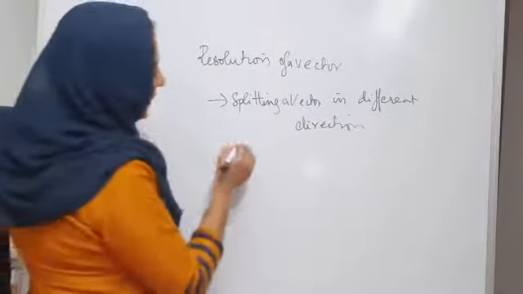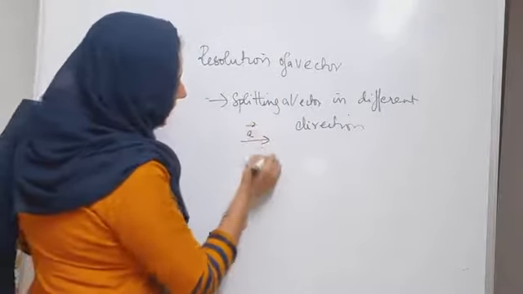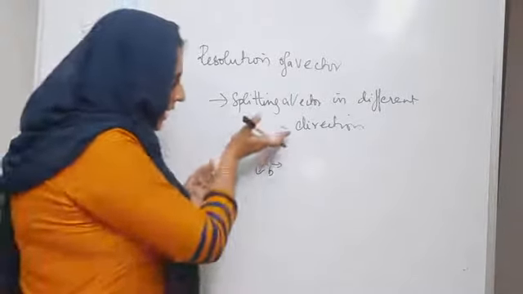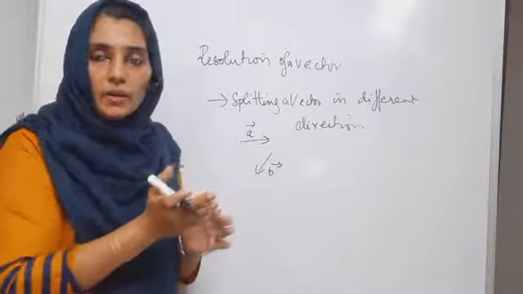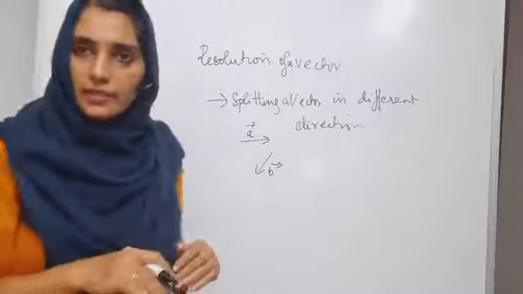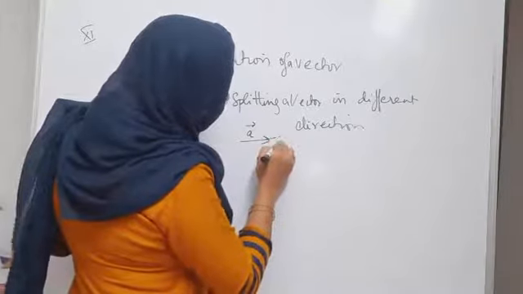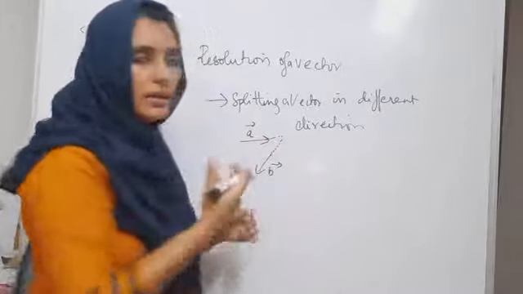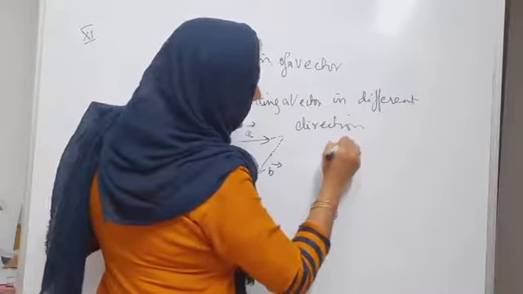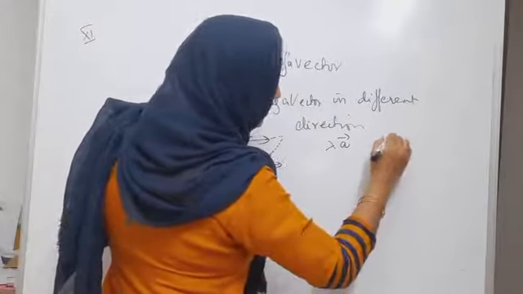Suppose, let us find an example. If A is a vector in this particular direction and B is another vector in this particular direction, we can extend A and B without shifting them in the plane. We can extend a vector by multiplying it with a scalar quantity or a number. So I'm going to extend A and B by multiplying them with pure numbers. Say I have multiplied A with lambda, so I can write lambda A, and B with mu, so mu B.